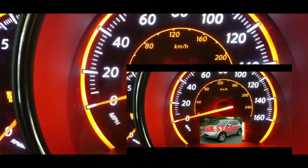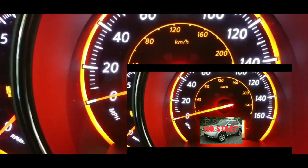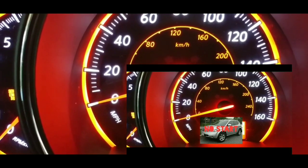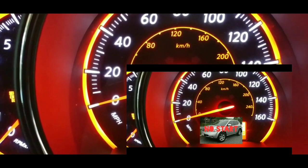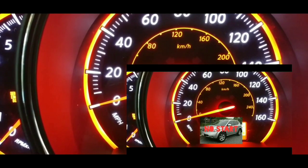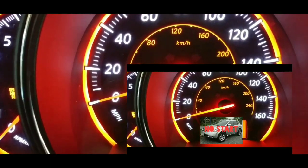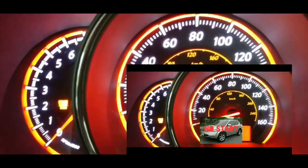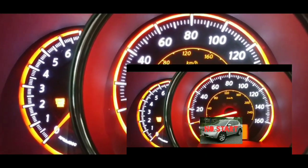The second thing I did was check out my fuses. Funny thing is, I do have a fuse tester with me. I do keep a couple of things in my car just for these kinds of situations. I tested all the fuses. All the fuses work without a problem at all. So at that point,